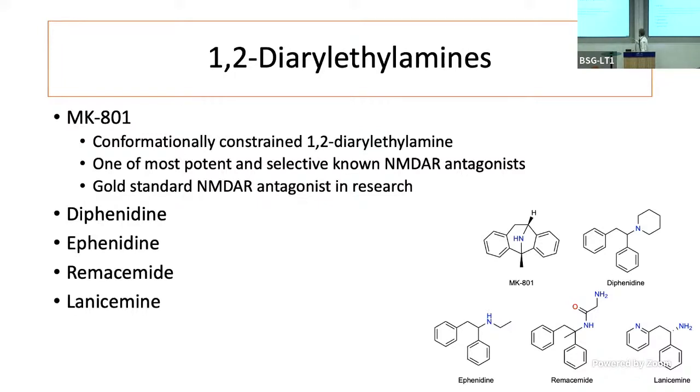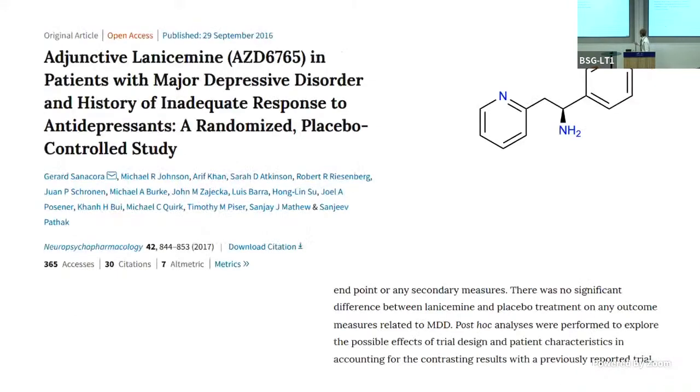So anyway, remacemide was actually tested in some neurodegenerative diseases and epilepsy, and did show some efficacy, although nothing impressive enough to warrant moving forward in the clinic. I think lanicemine is interesting because it showed mixed results, but ultimately seemed like it did not have antidepressant activity at the doses used. And I just want to point out that the doses used did not cause dissociative effects. And I really think that's key.